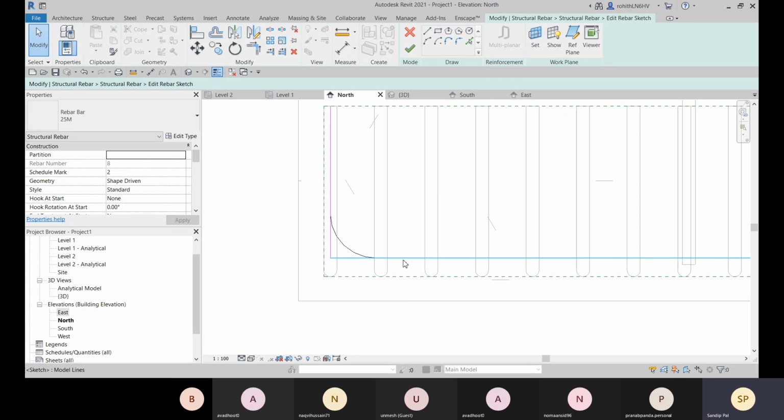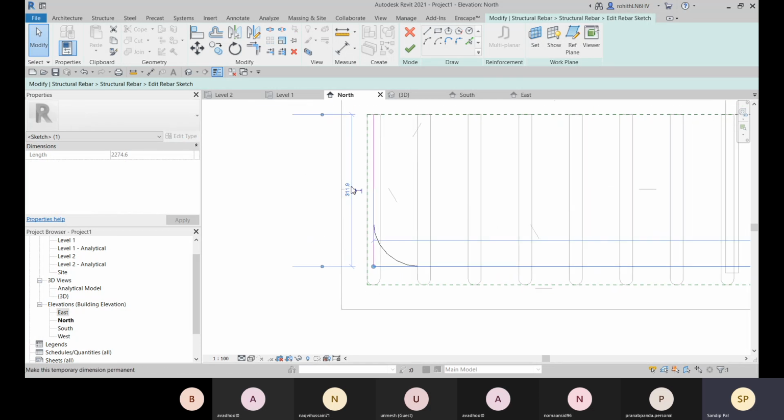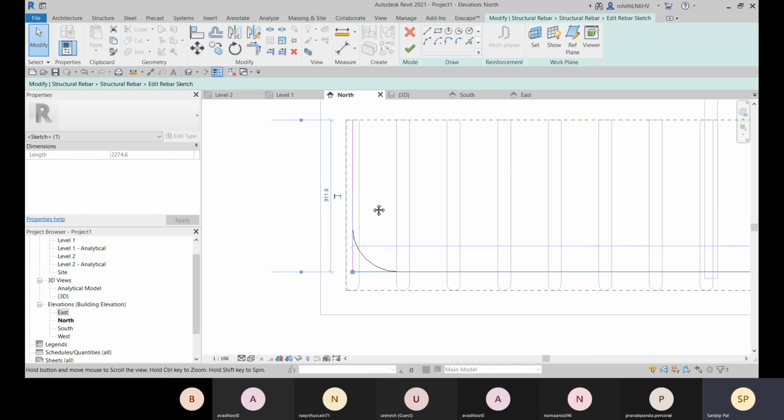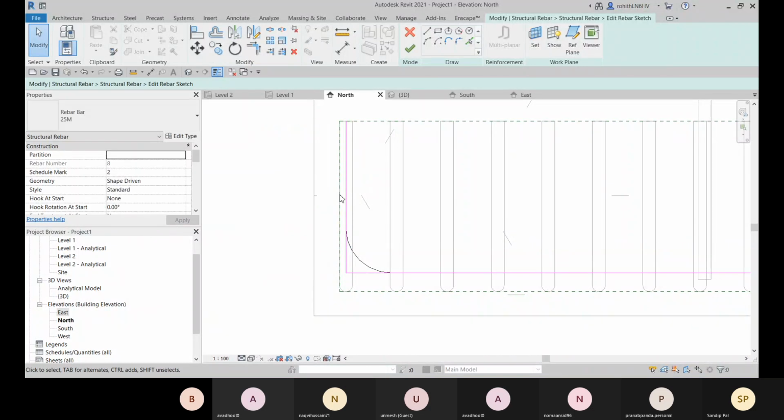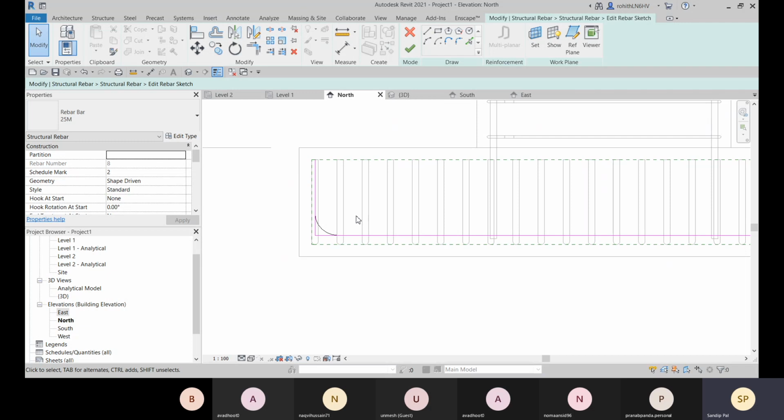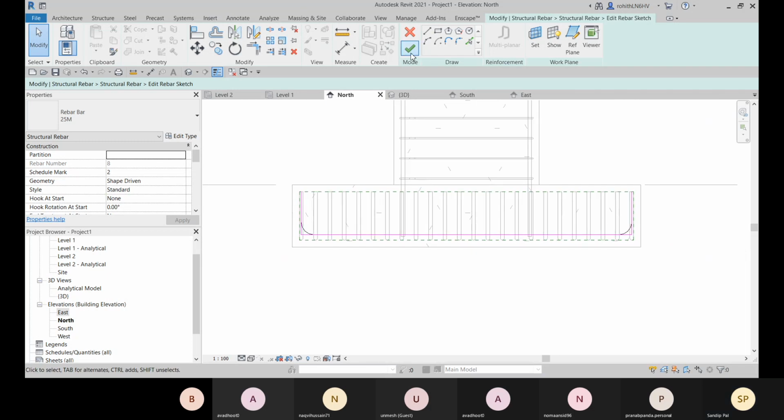Okay, if you want to change it, you can just select it, and from here you can change how much the gap will be. So right now it is fine. Okay, we have just checked. Sir, 88.1 is the gap. Yes. So I think the corner bars will clash each other, no? Yes, we will change that also.